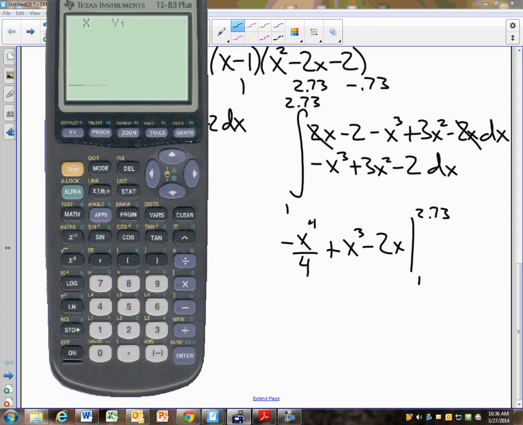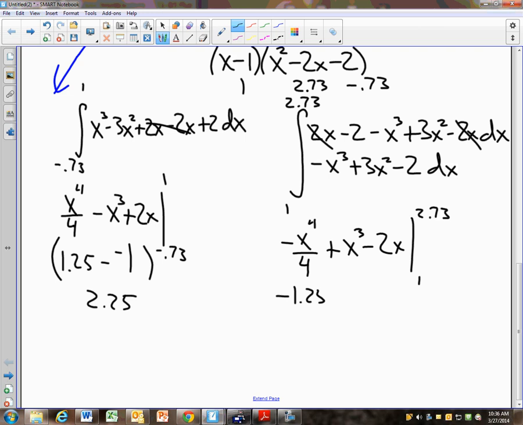I go into my table, and I type in 1. I get a negative 1.25 minus,